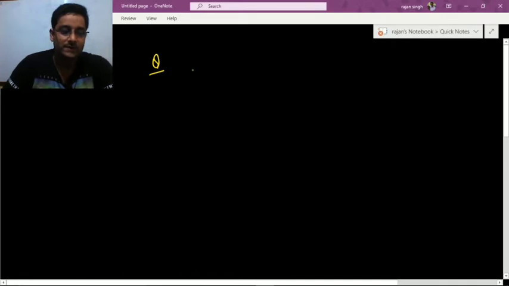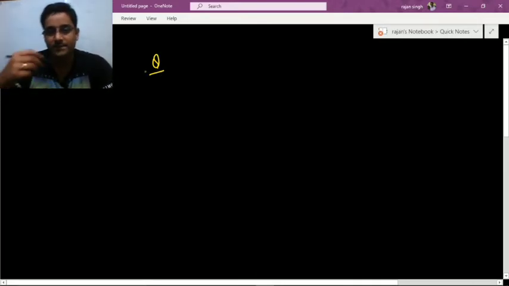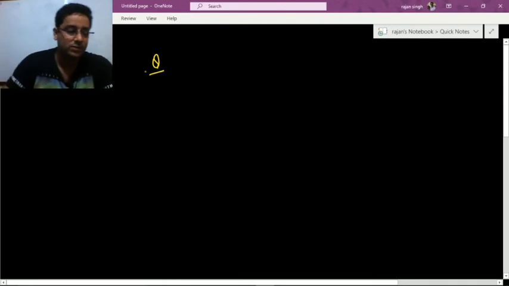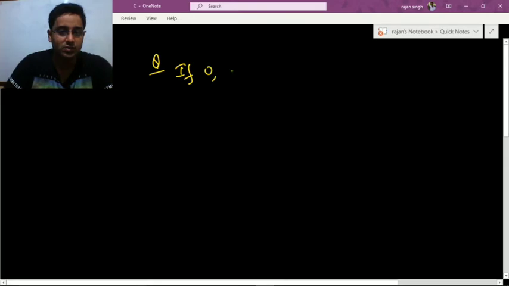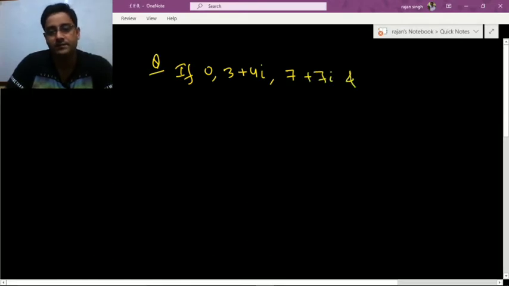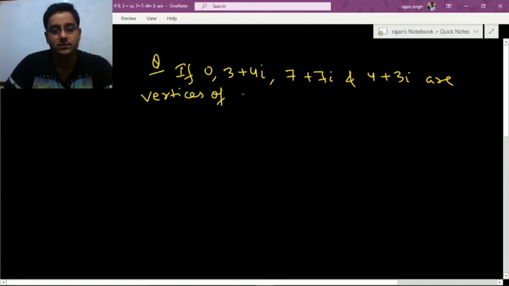Okay, now this problem will be based on the previous question, which was based on the triangle. Now this problem will be based on a quadrilateral. So what is the problem? If 3 + 4i, 7 + 7i, and 4 + 3i are vertices of a quadrilateral,